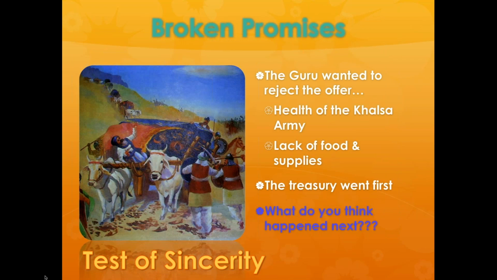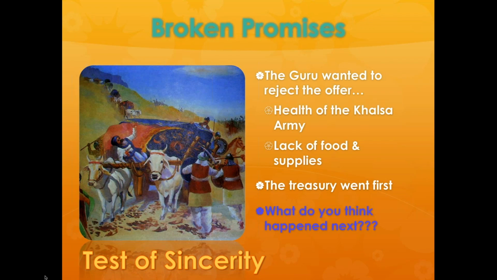And then actually, sorry, so in spring of 1705, the Mughal army made it even more difficult for the Khalsa army to stay in Anandpur. Not only had they surrounded the fort completely, the fort was completely under siege, but they also cut off all supplies going into the fort. So at this point, the Khalsa army wasn't able to get any more supplies, and they were completely running out of food. So they stayed inside the fort for 7 long months,